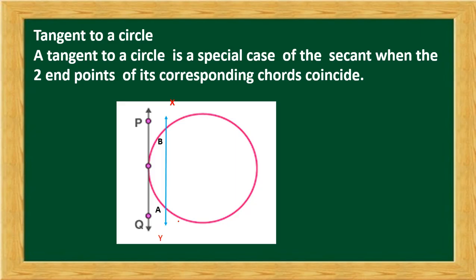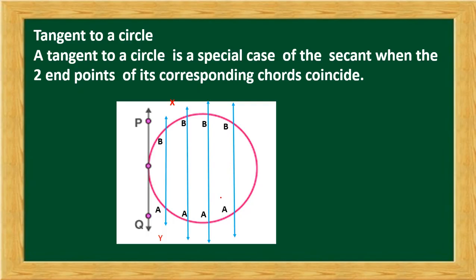Now draw again a secant line. So it again touches the circle at 2 points, B and A. Now here A and B are two different points. Now look what will happen. In the same way, we again draw a second line to this circle. So again this line touches the circle at two different points. Similarly, by drawing a line parallel to this secant, we get the second line which touches the circle at two different points A and B.